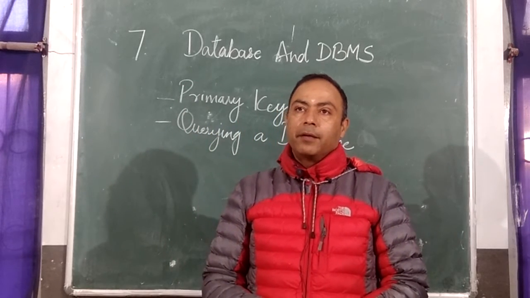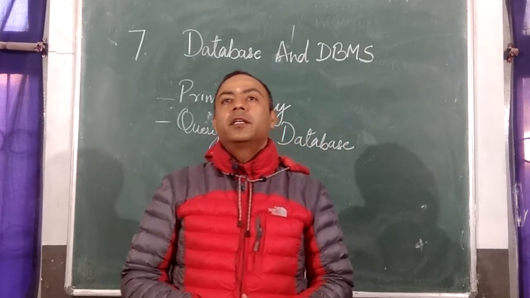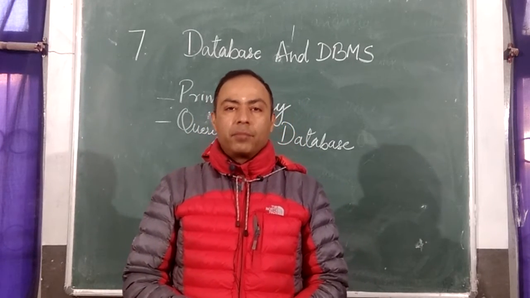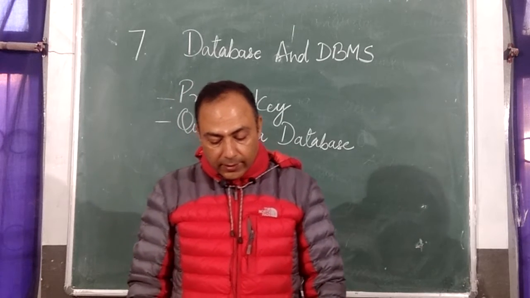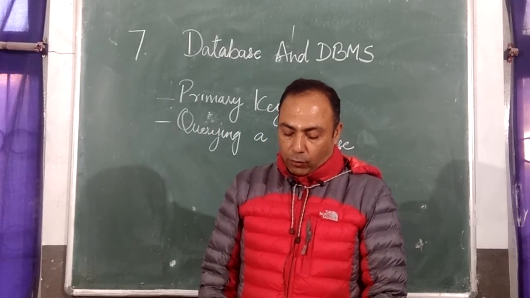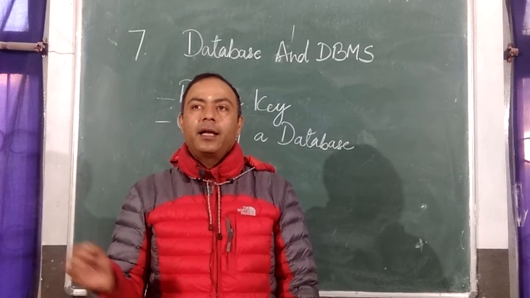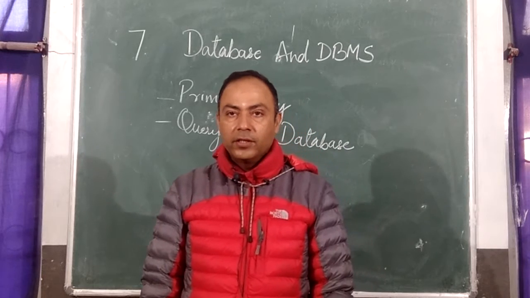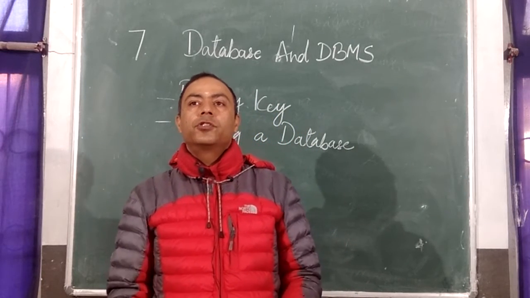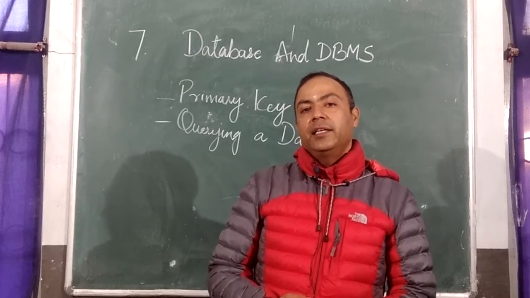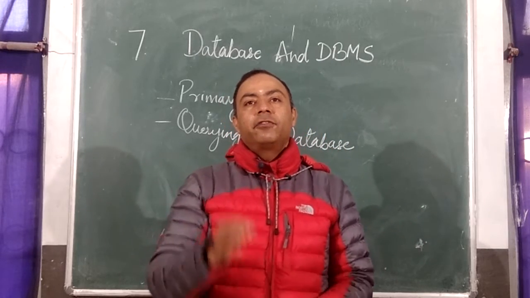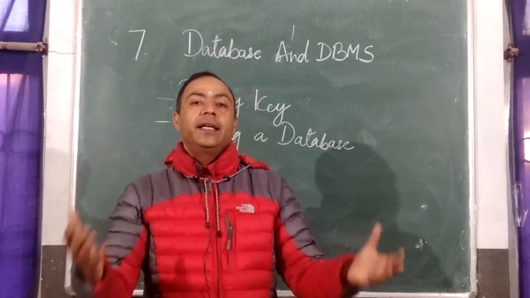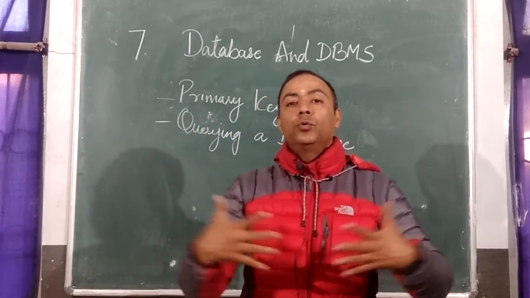Each table should have a primary key. Whenever we design a table or create a table, each table should have a primary key. Each table can have only one primary key. So it should have a primary key and should have only one primary key. The primary key is also used to form the relationship. One function of the primary key is to uniquely identify the record in the table, and another function is that it is also used to create a relationship between two tables.